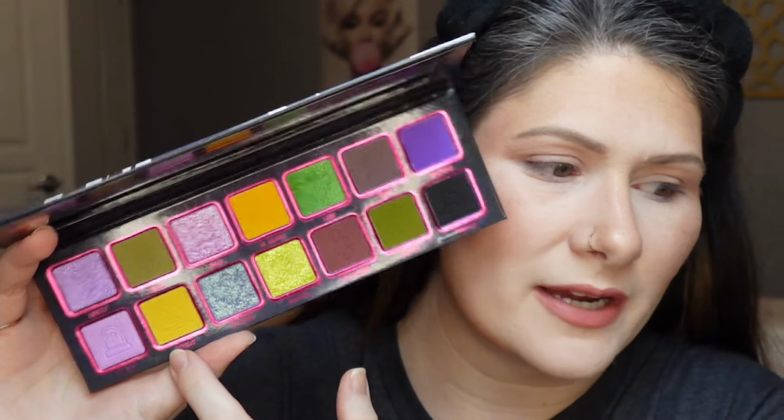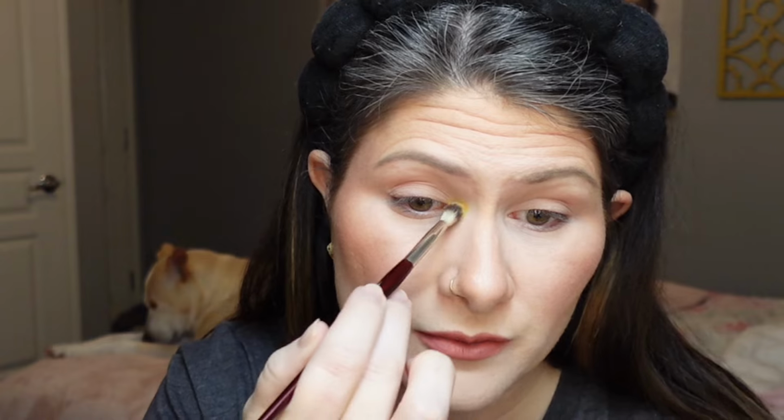start with this shade right here, this lighter orange matte shade, which is called Obsessed, and I am going to pick that shade up with a BK Beauty 211 brush, and I'm going to start by putting this on my inner corner. I don't know if I want to leave my inner corner matte for this look. We'll see how it goes whenever I get there, but for now I'm going to start with this shade right